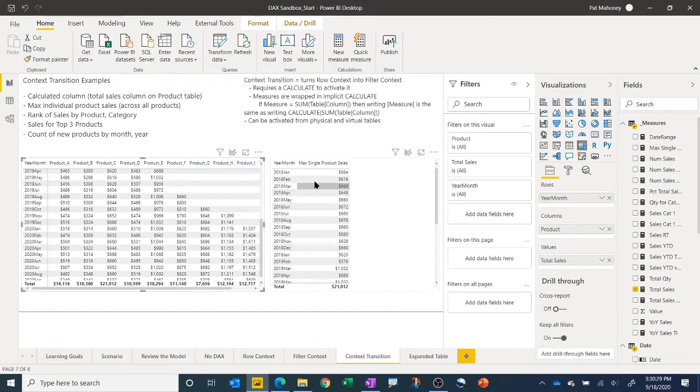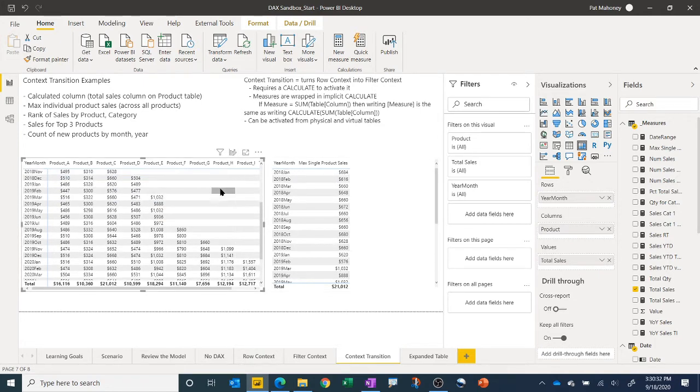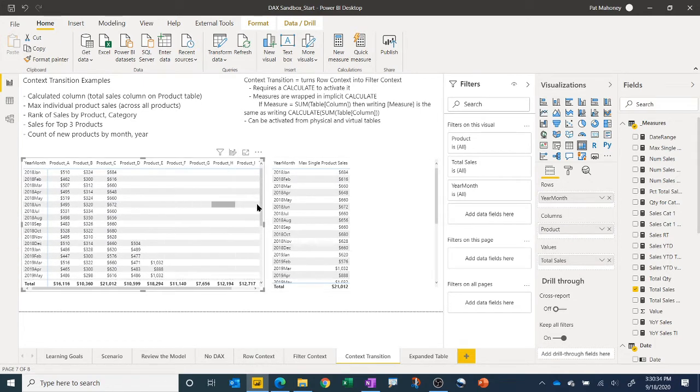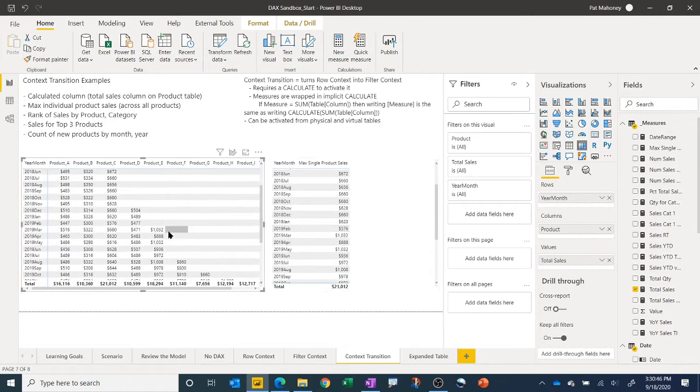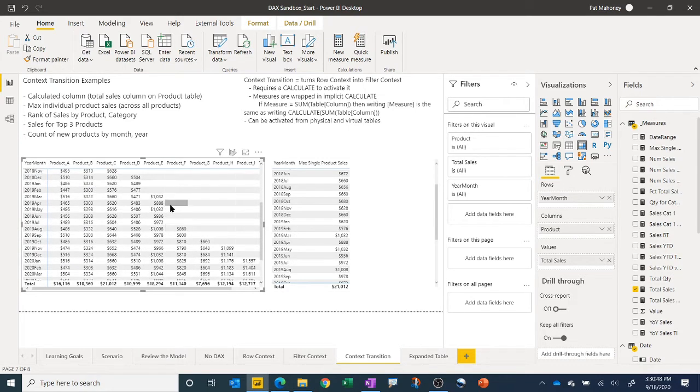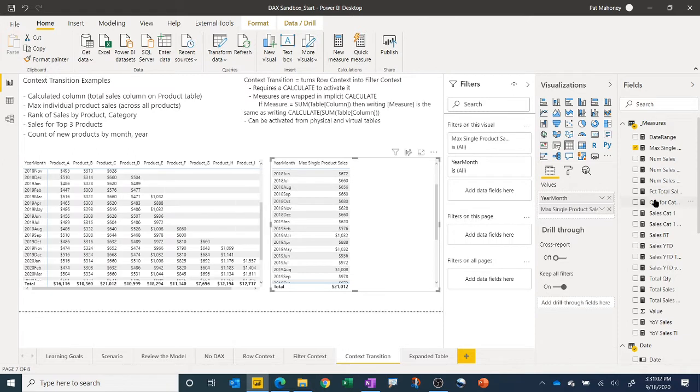Okay. We will see that if we go to the very top here, you'll see we get the value. So 684 was the maximum here, 616, 660. If we go down further, we got 1032 for March of 19. So we see we got our expected result. Okay, all right. So that's the max individual product sales,